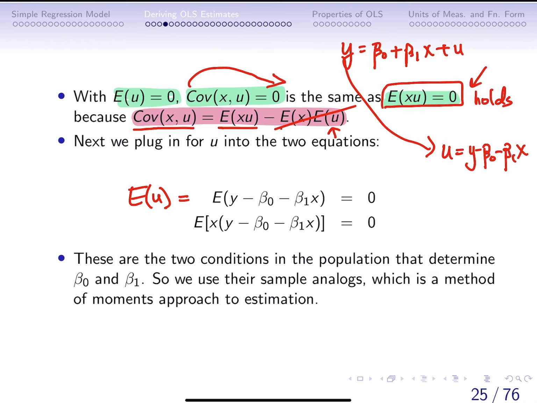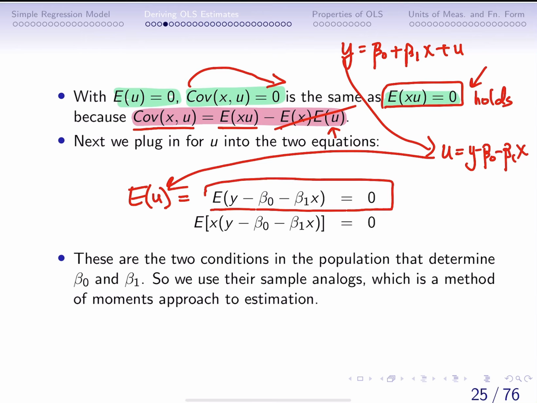If we plug this into the expected value of u, we get this first equation. And we can use the second equation, plug in what u is, and get